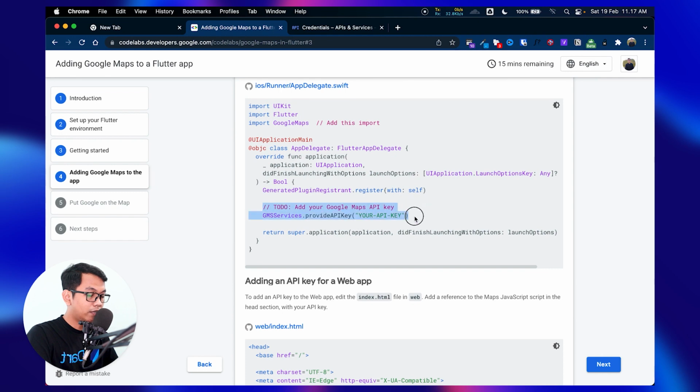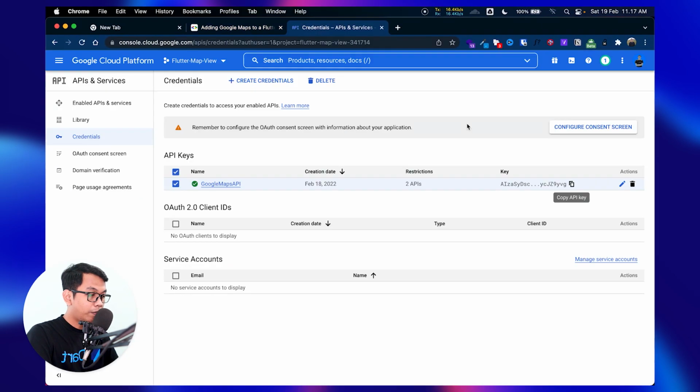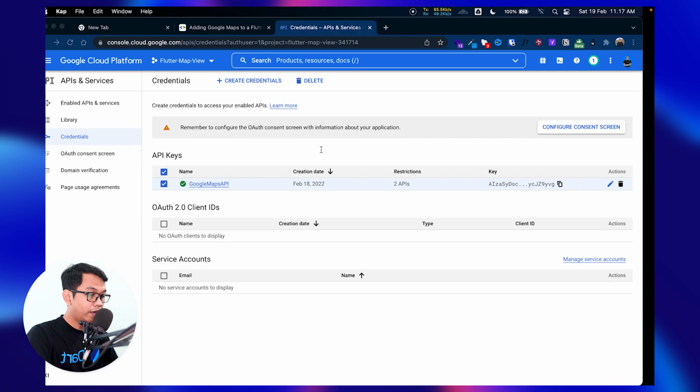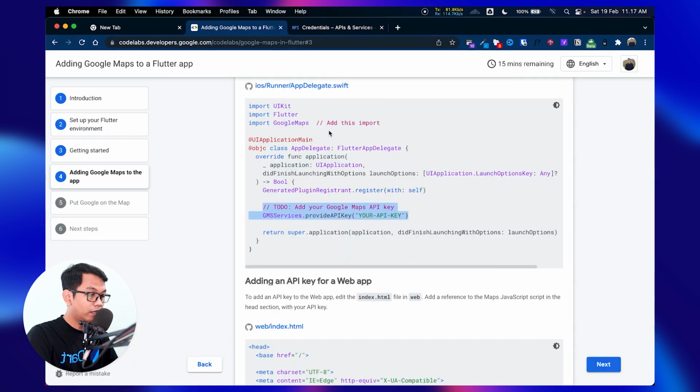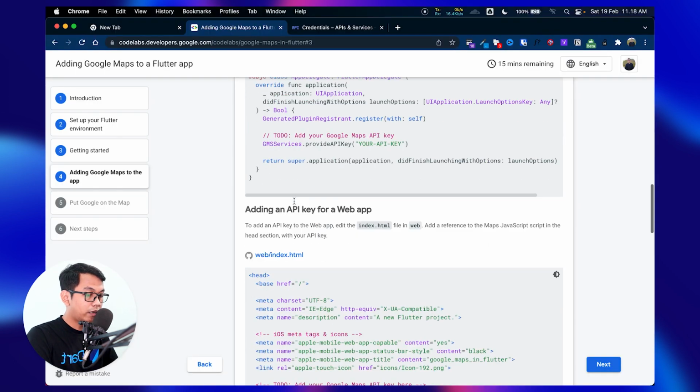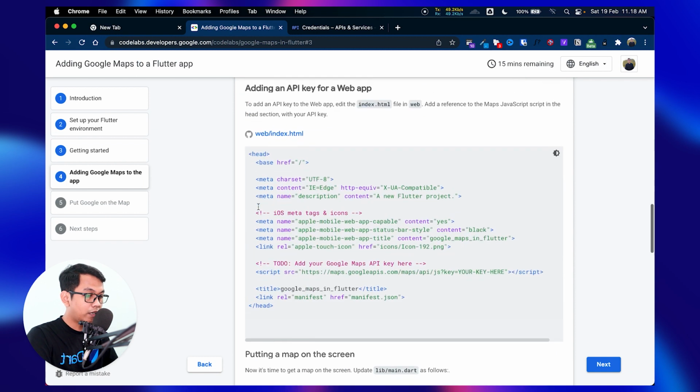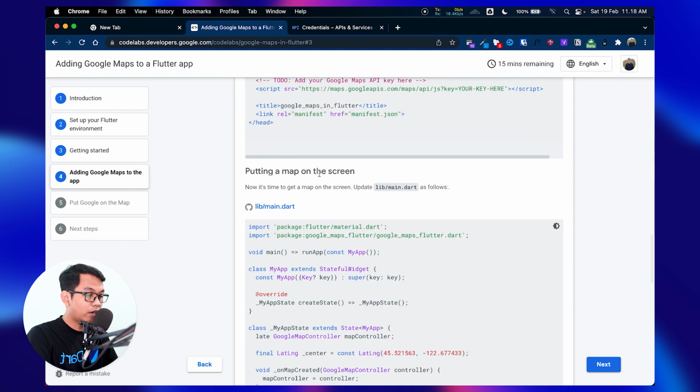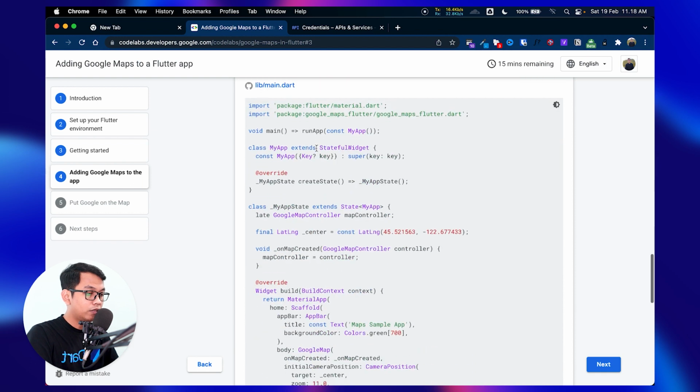So copy this, alright, and replace it with your own key. And the important thing is you need to import Google Maps on the top, like this. And yeah, the step looks like this, and this is for the web app, but for now I don't follow this for web.